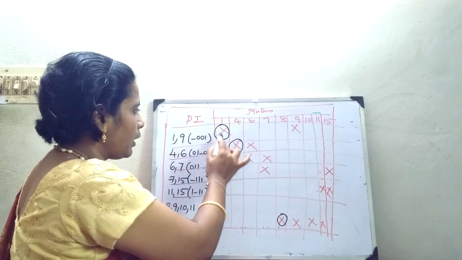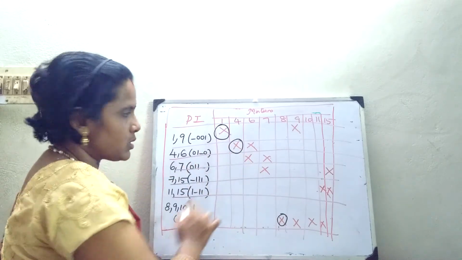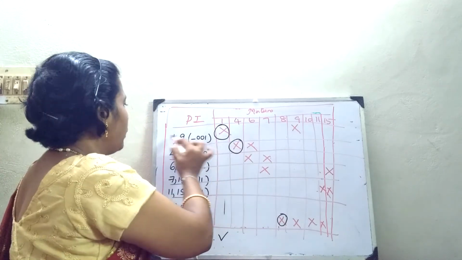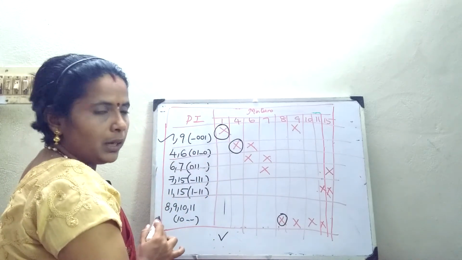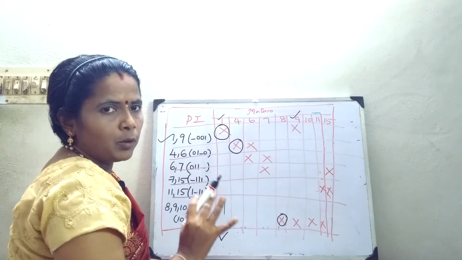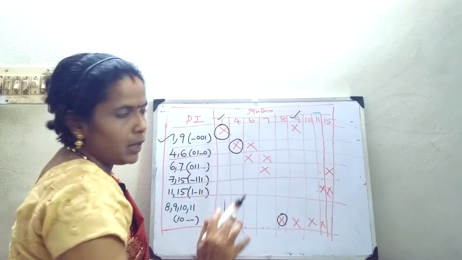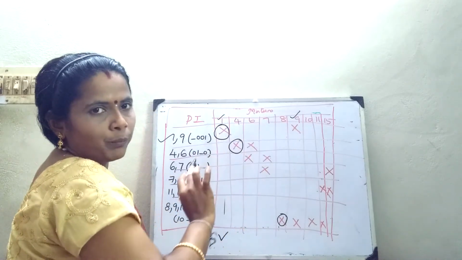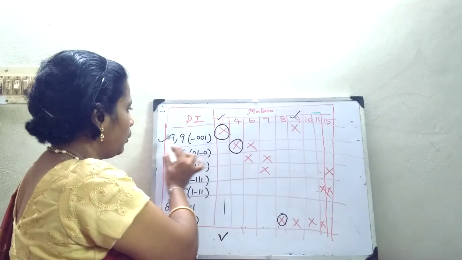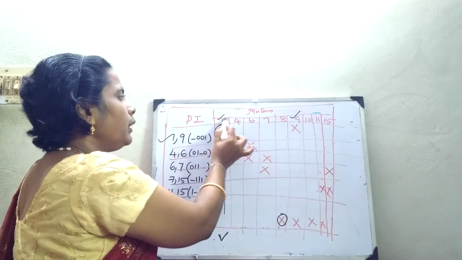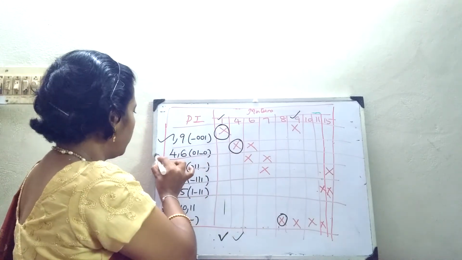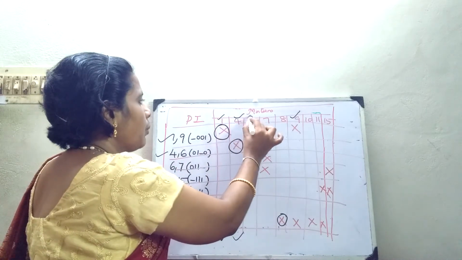First, go and check where a single cross is there. So in the first row a cross is there, immediately you put a tick here. Immediately you go and put a tick for 1 and 9. What is the principle of any K-map or any Boolean expression? All the ones should be included. That means all the minterms should be grouped. So 1 comma 9 means you go here, put a tick mark, go here, put a tick mark, and 1 comma 9, put a tick mark here. Second thing, only one cross is there, put a tick, go and put a tick. 4 comma 6, 4 comma 6.